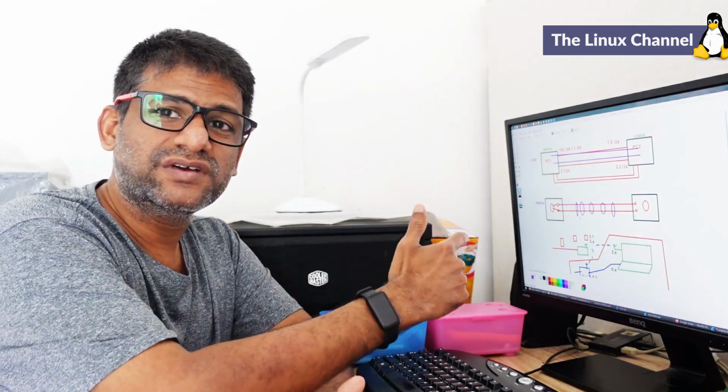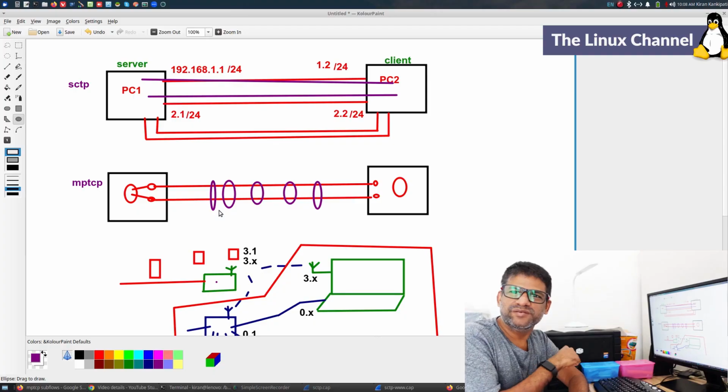I mean, it is the regular TCP inside the kernel. It is getting split into subflows, but that may not be the case with SCTP. With SCTP, in fact, I hope you can add 2 IP addresses in the socket connection, bind them, and then send to both connections from the socket level itself. So you are doing that split from the socket level itself, but that is not the case with MPTCP.